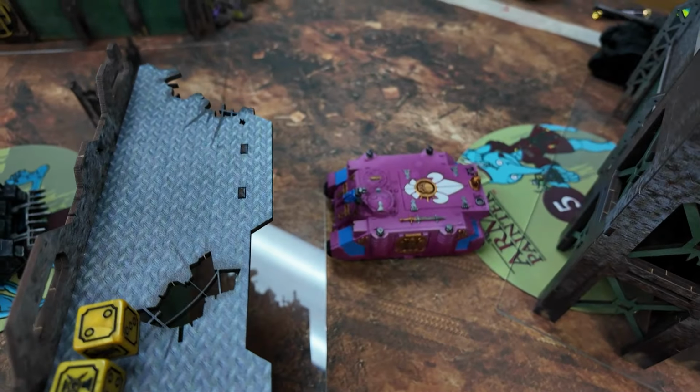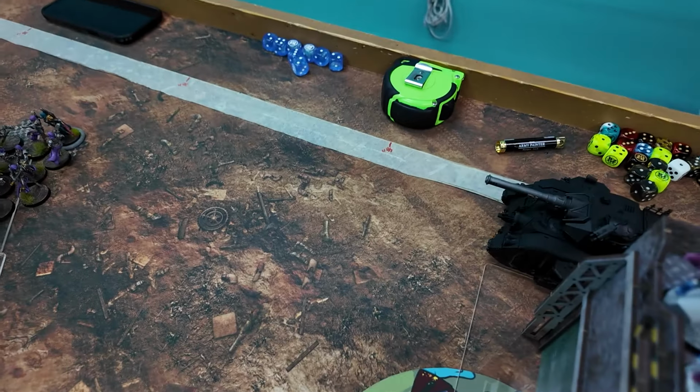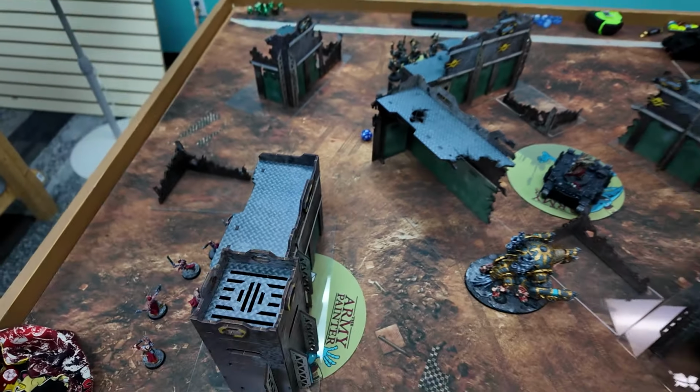The Castigator moved up over this way to get some shots onto them. The Rhino, once it dropped off its sisters, moved up into the position over here to hold on to that objective in the front there. They stayed still. The Castigator over here moved up a bit to get some line of sight down the way,